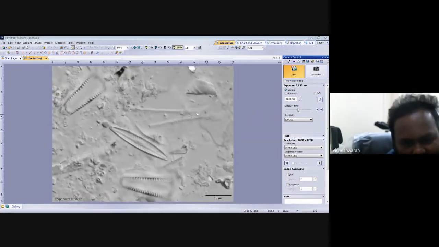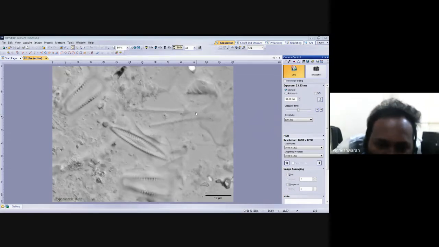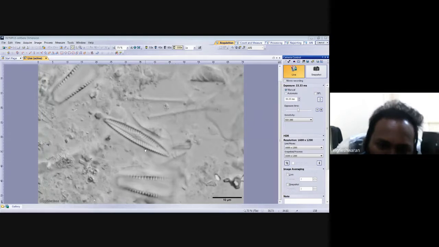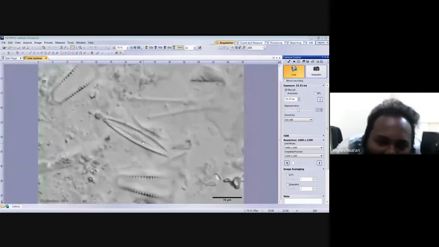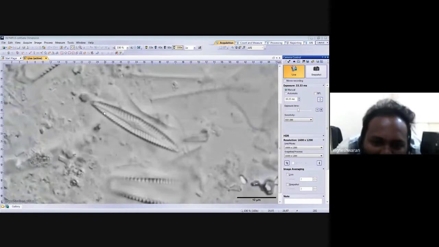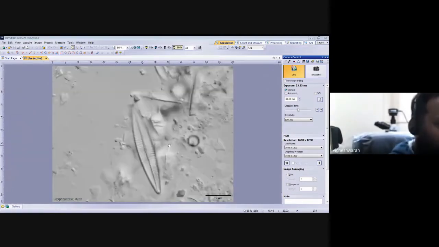See, this is one different diagram. In the last diagram which we saw previously, that and this will look similar to you, maybe if you see them for the first time, but they are not similar. If you see, it is very sharp, and I will show another diagram also.